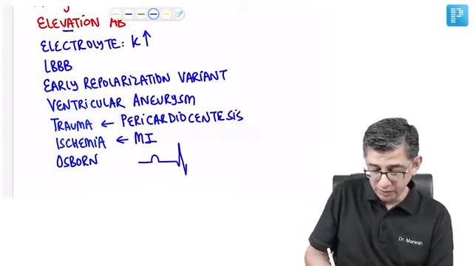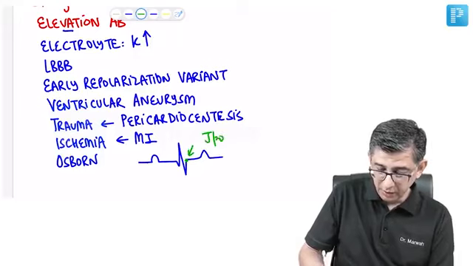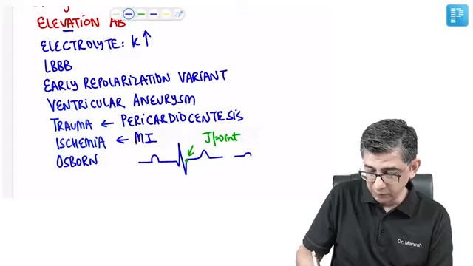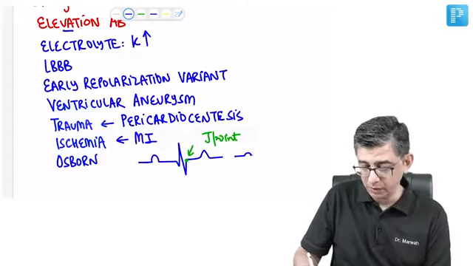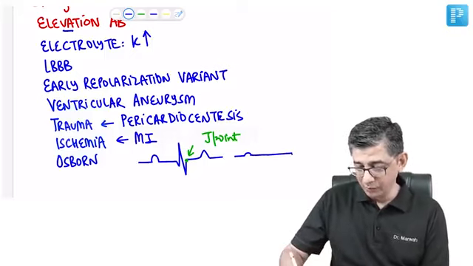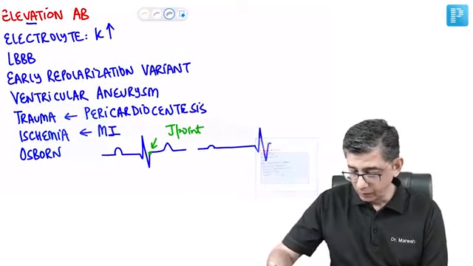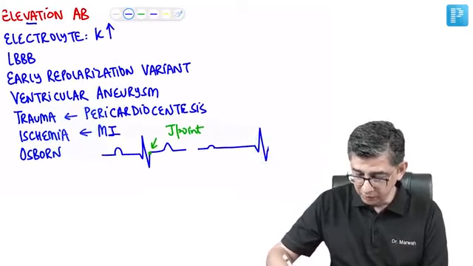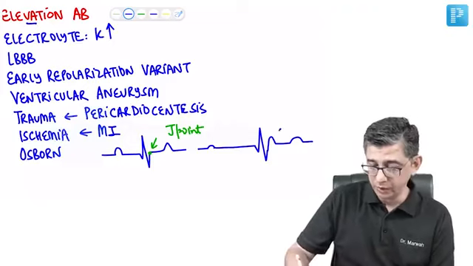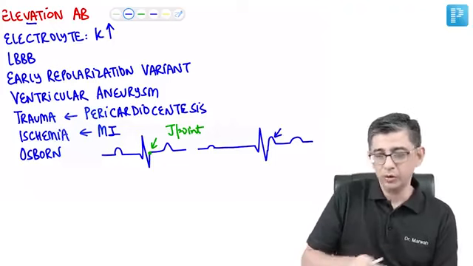I'll just reiterate that once again. This is what I've told you. The end of the S is called the J point. And in a soldier with hypothermia, you might be getting an ECG like this, where the P wave might be smaller, the SA node is not firing due to hypothermia, and the PR interval might be substantially prolonged; I've super exaggerated it. In fact, there would be a broad QRS complex because everything is slow, and then you might be getting an abnormal wave here that I'm going to show, and this is different from the T wave that has been shown subsequently. It may not be so big as I've made it out to be, but in a setting of hypothermia,